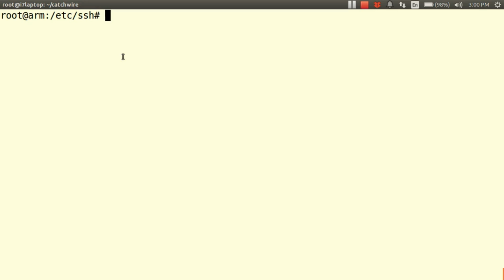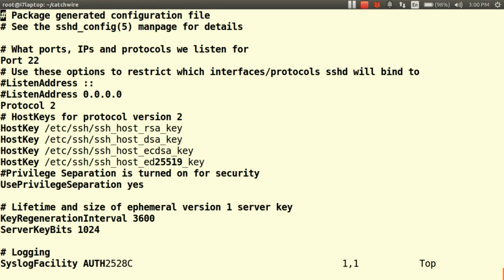Well, the first thing you need to do is enable root to log in. The reason you need to do this is that by default, root is not allowed to log in. So you need to go to the /etc/ssh/sshd_config file,